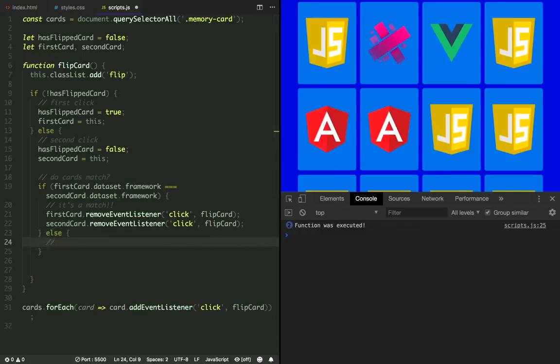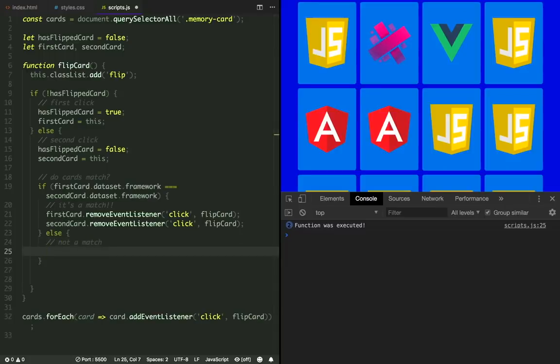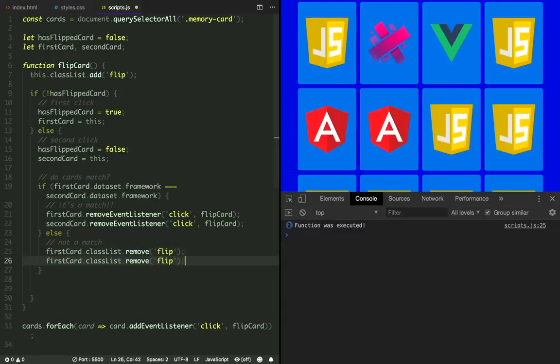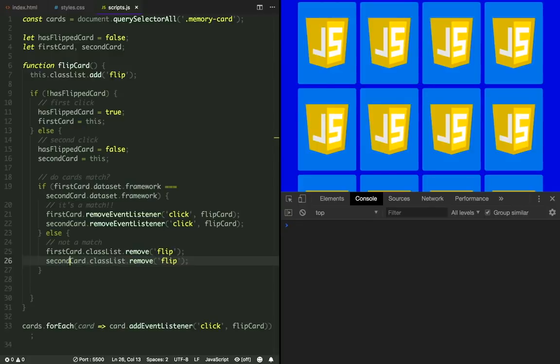And then if it's not a match, we'll unflip the cards. To do that, we're going to remove the flip class from the card. Okay, so the second card hasn't turned.